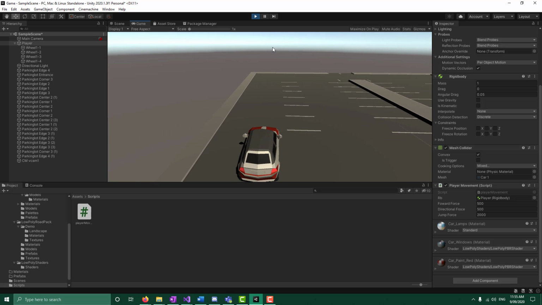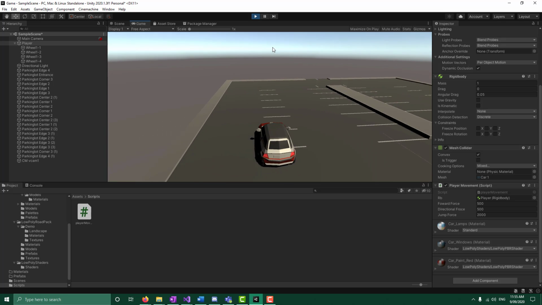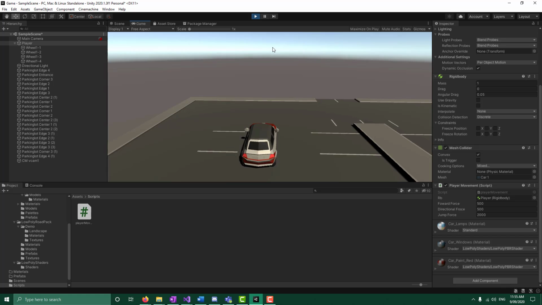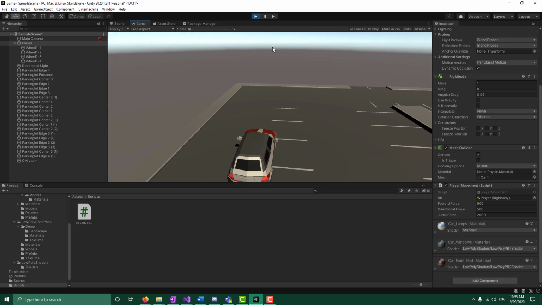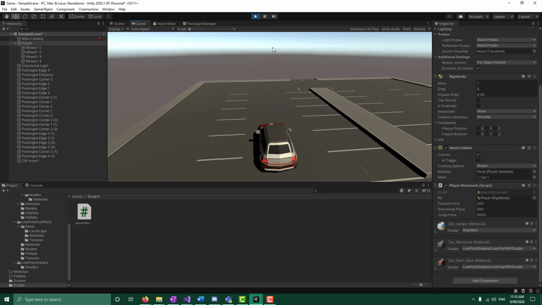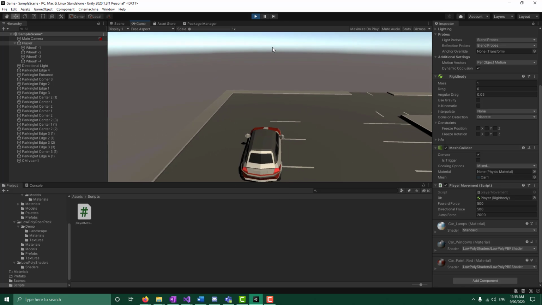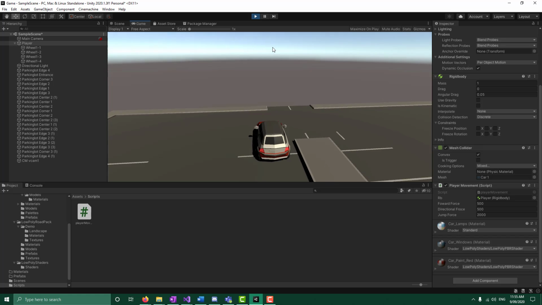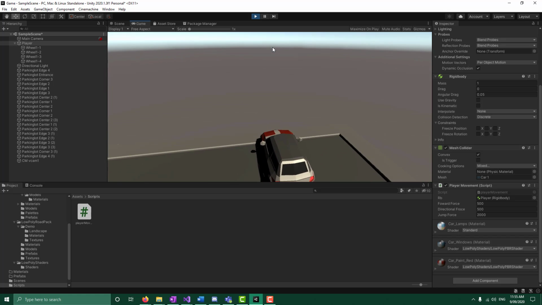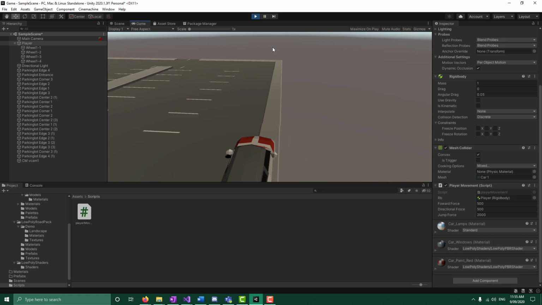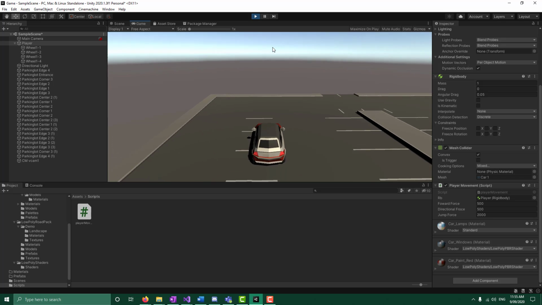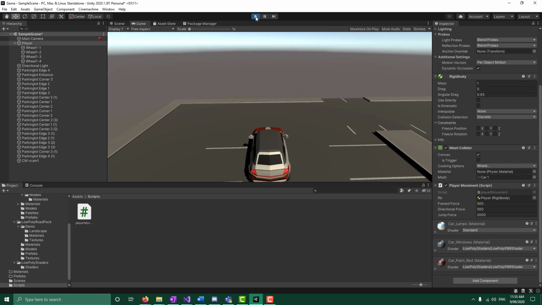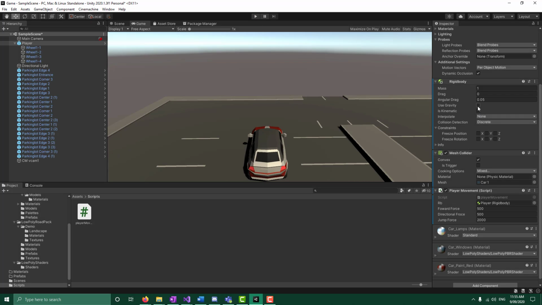And its movement is slidey. It's because there's no friction or anything applied to the object because it doesn't actually have a rigid body on it. You can kind of see that no gravity means that I'm kind of floating about a little bit. Now, if I put gravity on from the start and then press play,